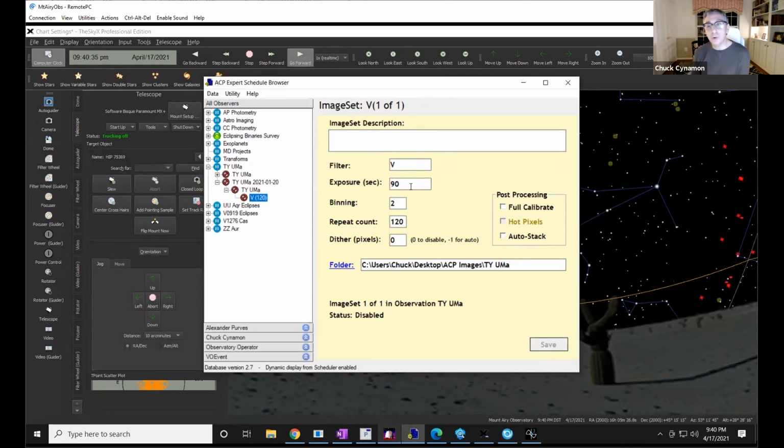Somebody was asking before about how much room all of these images take. A binned image, 2x2, on my system is 3.2 megs each. Now, if I go ahead and take 120 images, I'm going to be at almost 4 gigabytes of data just for one night. I actually have an 8 terabyte hard drive in my basement, and all the data just gets sent down to that hard drive. So I won't run out of space for a couple of years anyways.